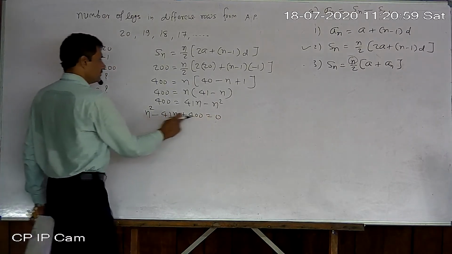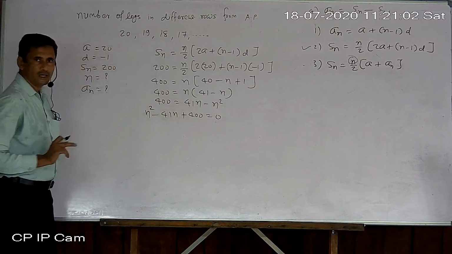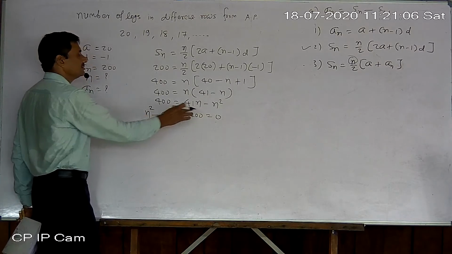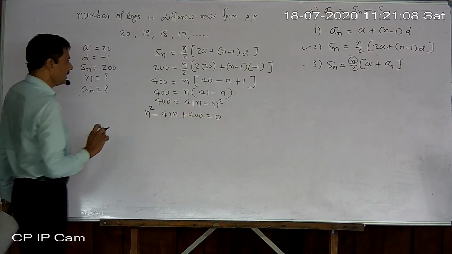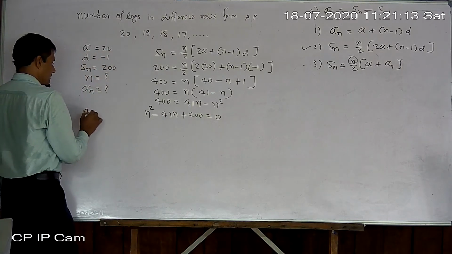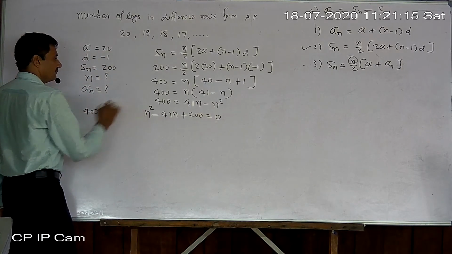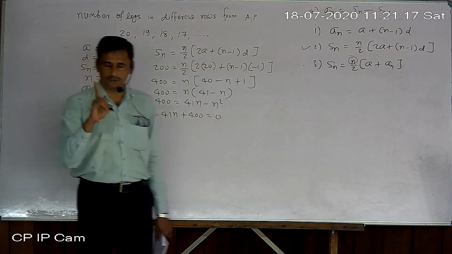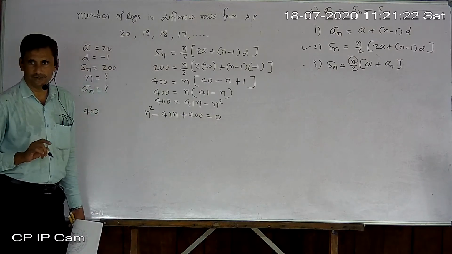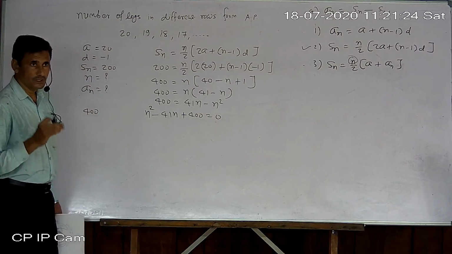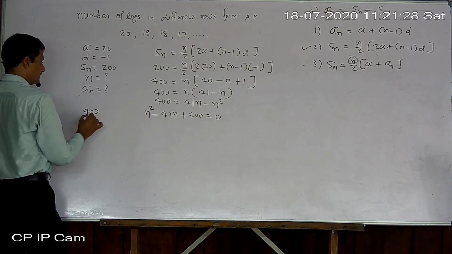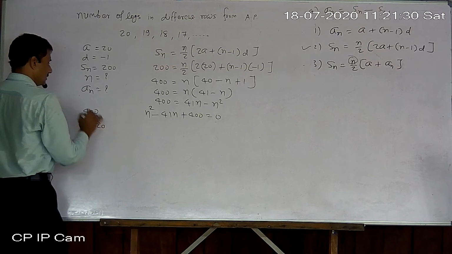Okay, so I just arrange them also. Ax square plus bx plus c, otherwise an square plus bn plus c. Now you just look here. 400. And once I told you, whenever a is 1, at that time we can factorize it orally also. We can find factors orally also. Okay, so we first try directly. 400, two factors.